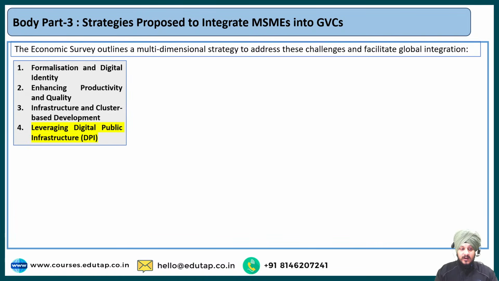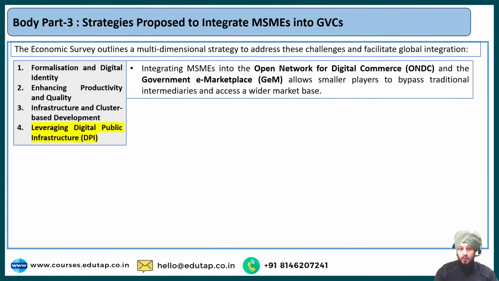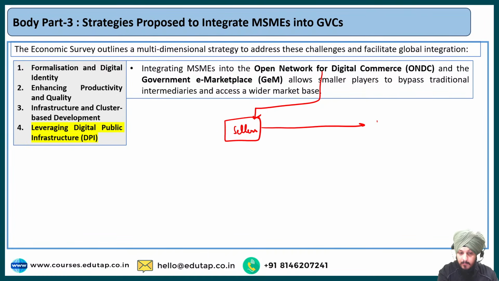The fourth point is regarding leveraging digital public infrastructure. So over here it is saying that we need to integrate MSMEs into ONDC, Open Network for Digital Commerce, and Government e-Marketplace, which is the GEM platform. Now let me tell you what ONDC is. In a very simple manner, it allows the sellers to directly connect with the buyers